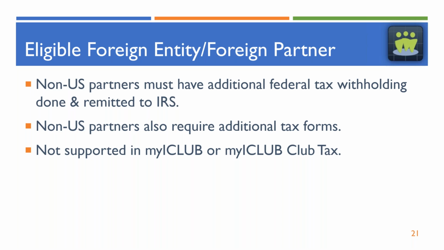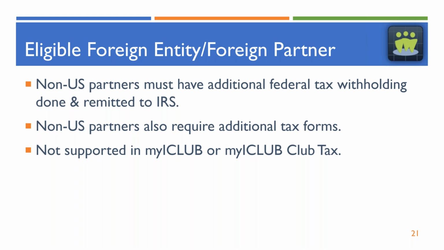Eligible foreign entity and foreign partner. If you have a non-US citizen as a partner, there are additional tax forms, plus you have to withhold taxes on their share of the gains from the club. So you have to file and pay taxes in advance for this member. There are additional tax forms you have to file with your 1065, and that's one reason we're not supporting foreign partners in myICLUB. It just adds complexity,